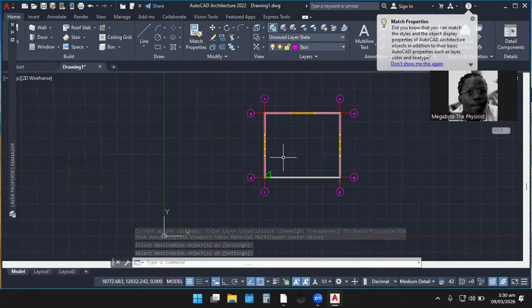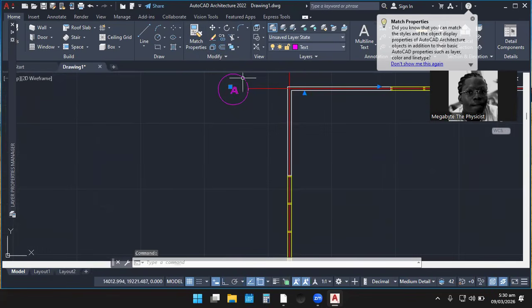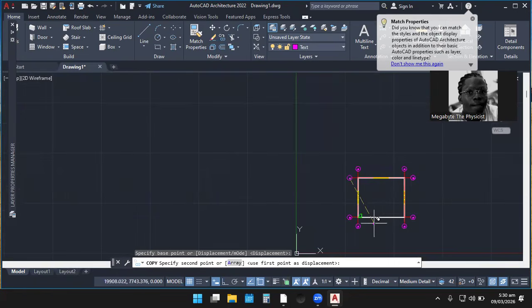So if you want to write ground floor plan, it's just a matter of this. First of all, we can just bring a rectangle here, or we can just copy the A. Then we copy the A, select the base point, and then bring the A over here. So we can just write inside ground floor plan.